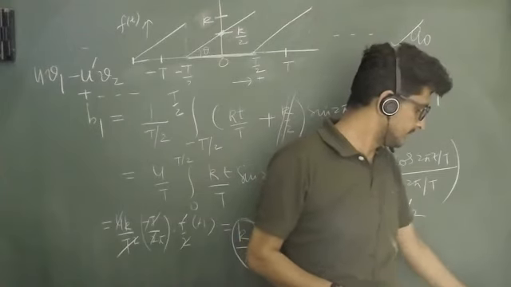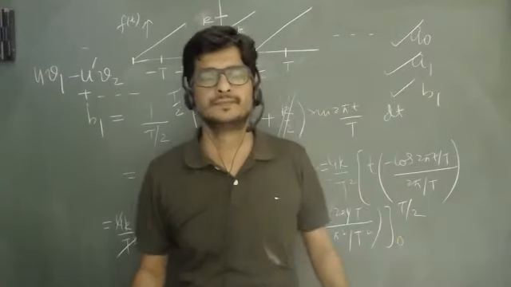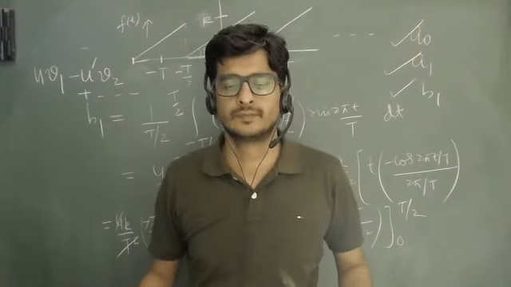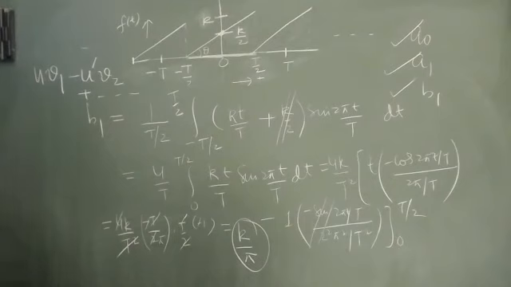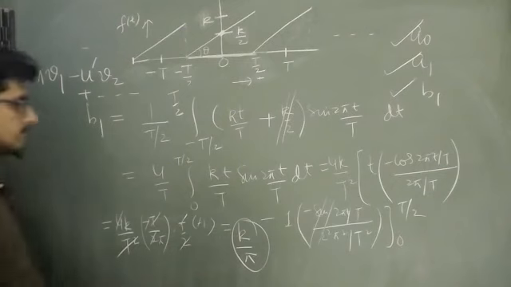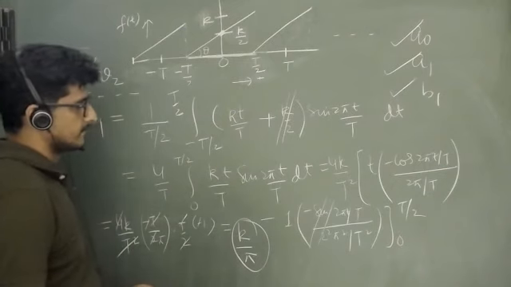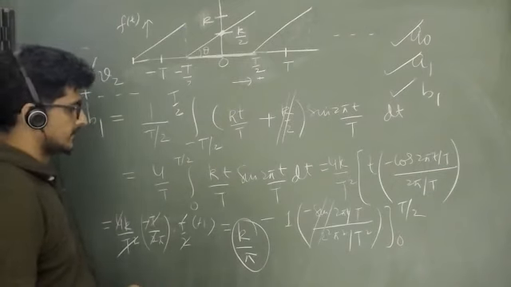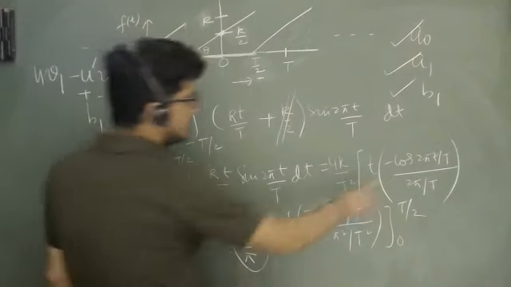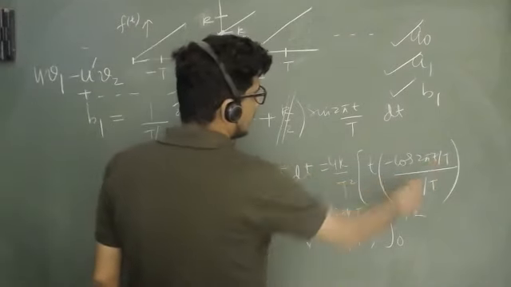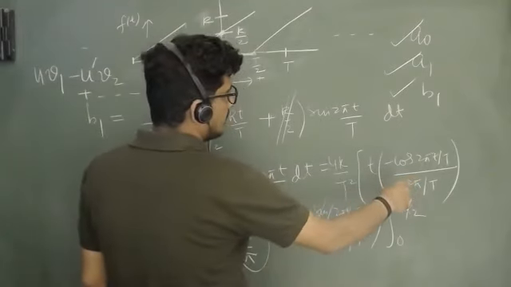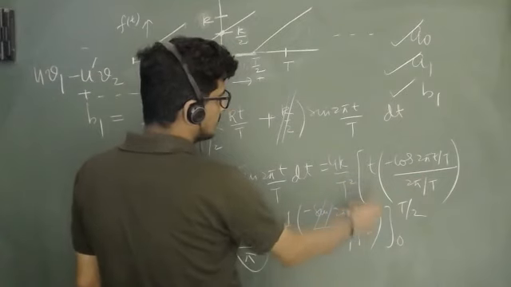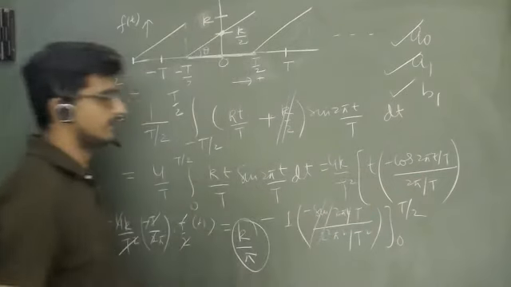Yes. Sir, yes. It will be, the answer will be 2k by pi. Cos pi minus of minus cos 0. जो लिमिट्स जब हम cos में पुट करेंगे, it will become 2 instead of just 1. यहाँ पे जब t/2 रखेंगे. Yes sir. Minus cos pi minus of minus cos 0. नहीं, वो तो t भी है ना, तो जब t is equal to 0 रखोगे तो that term will perish.